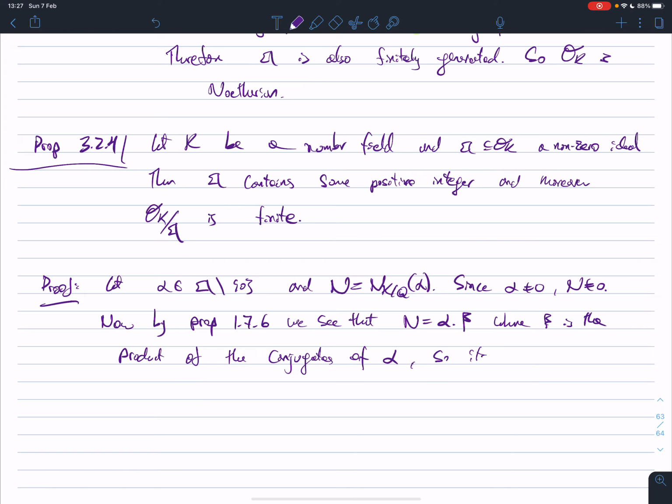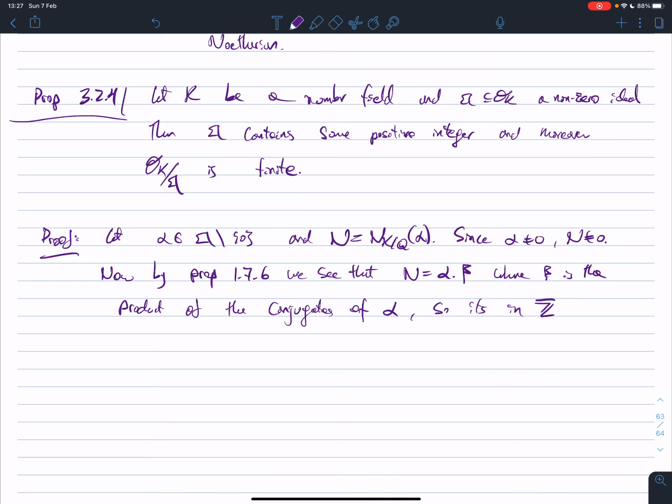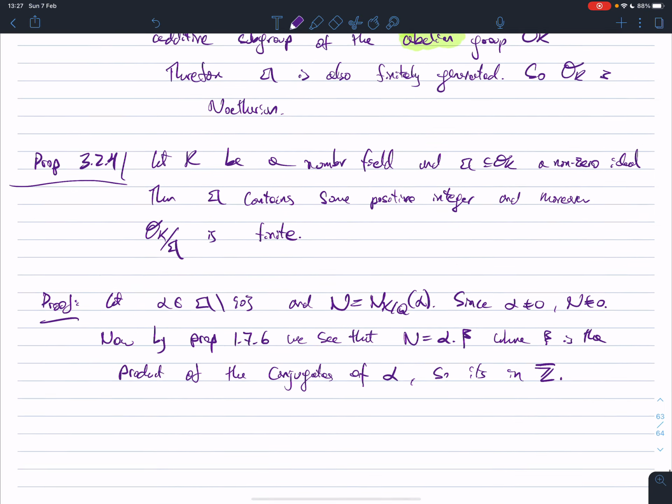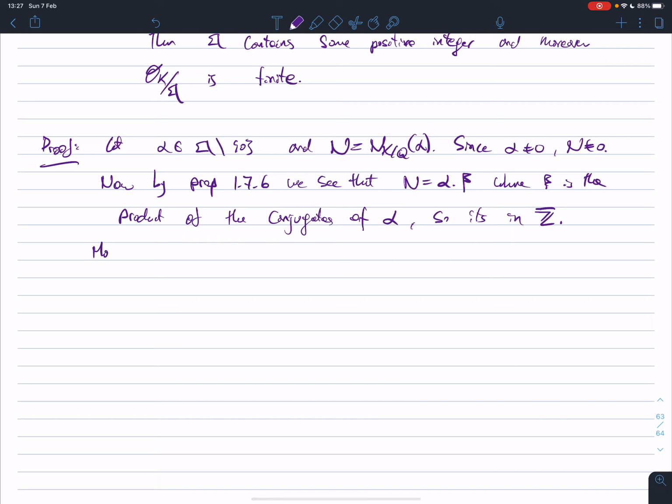So it's a bunch of algebraic integers. So it's contained in the ring of all algebraic integers, which we were calling Z bar. Moreover, beta is in O_K, since beta equals n over alpha. We know that's an element of K, but recall